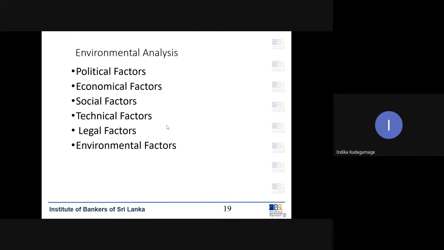In our country, we can't kill animals like that. Yes, we do kill, but in society, it is almost prohibited now. Right? Social factors relating to the business. How will the social factors affect? Right? I can remember